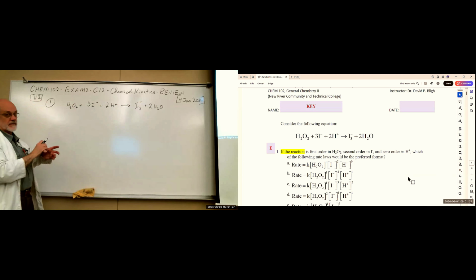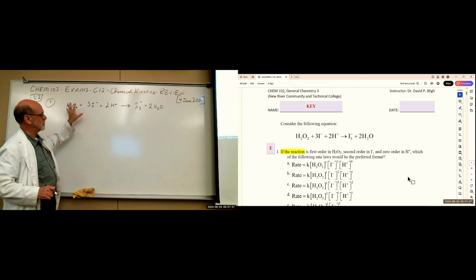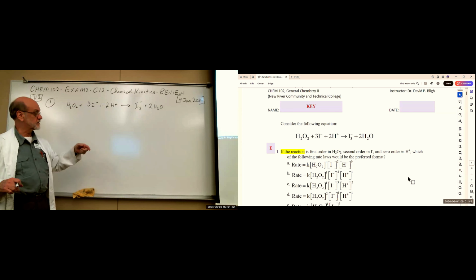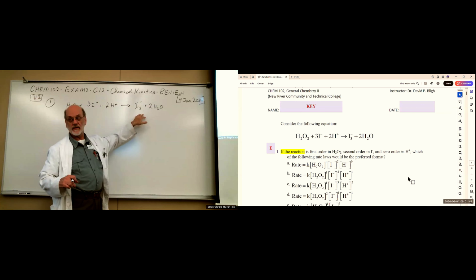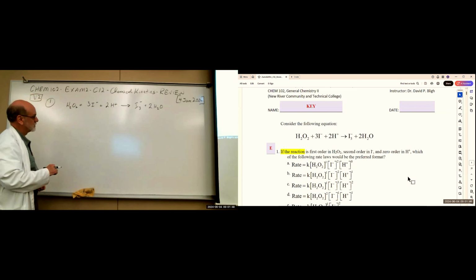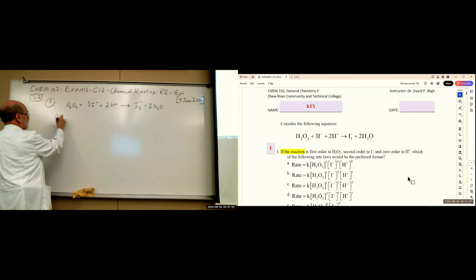And when we write the rate law for this equation, we could write it any way we want, but most of the time we're concerned with the reactants because we look at the reaction at the very beginning when there's nothing to speak of on this side to give us an opposing reaction. So we want to write the rate in terms of